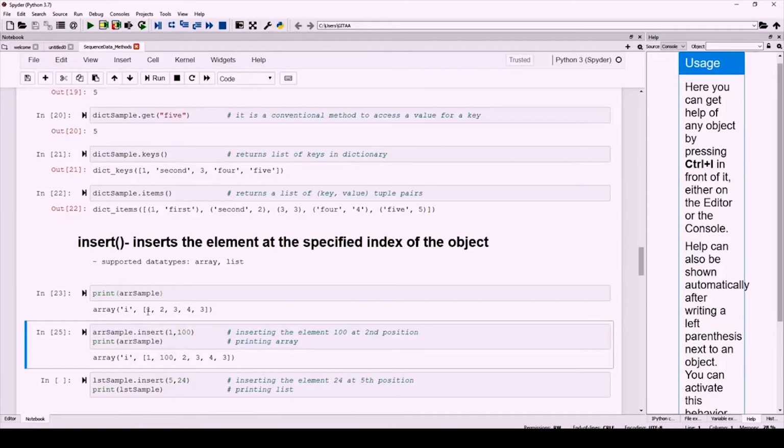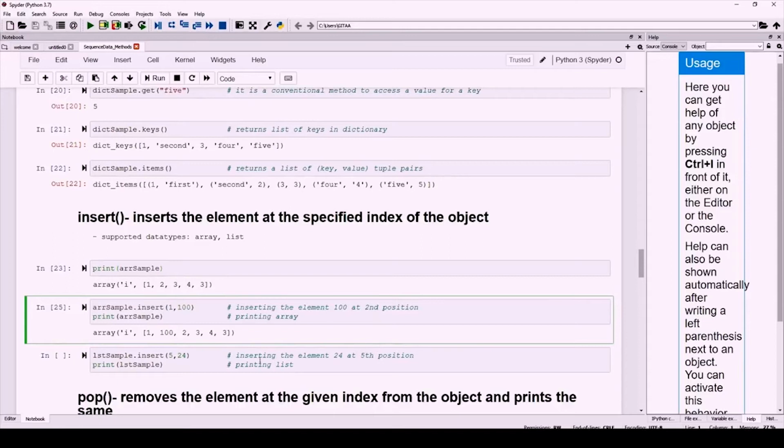So this was the original array 1, 2, 3, 4, 3, but now an element 100 has been added at the second position since the index is 1, and the other values remain the same. So this is how we can add an element at the given index.